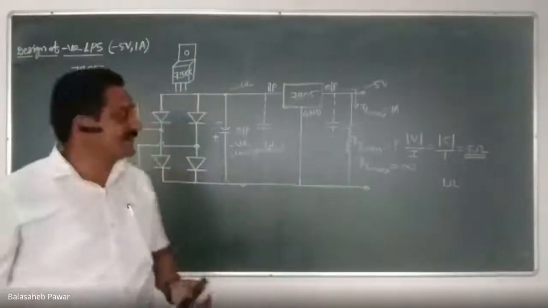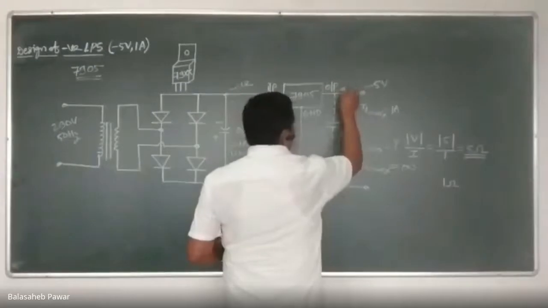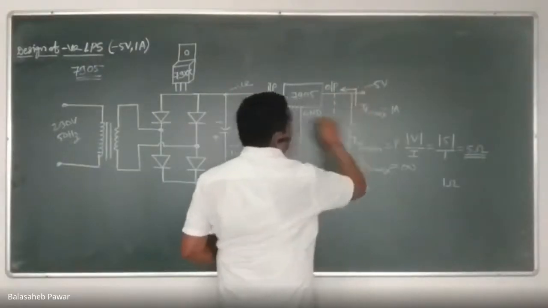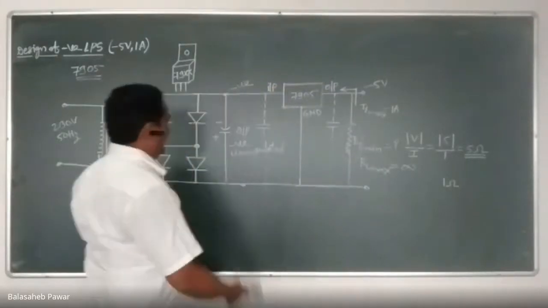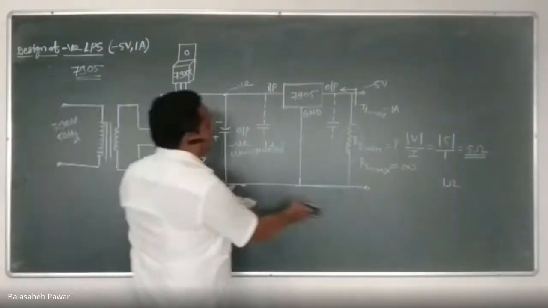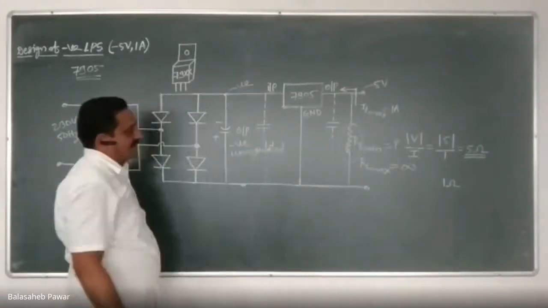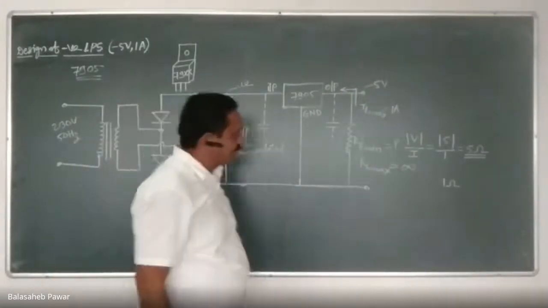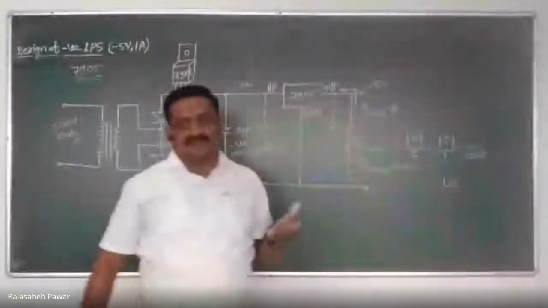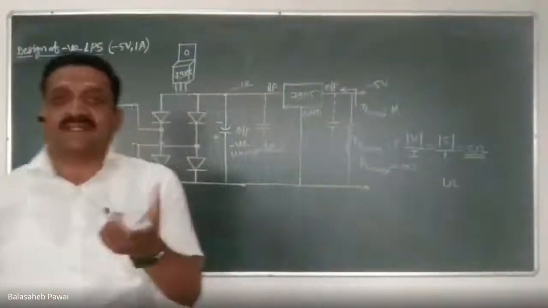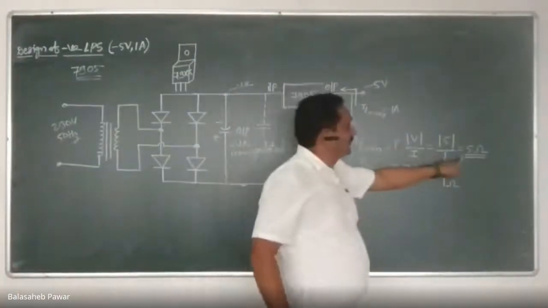Is it? The shown current direction will not be like this. It will be like this, as it is a negative power supply. In case of 7805, it will be from top to bottom. Okay. Here, ground will be more positive as compared to this terminal, and that's why it is written as minus 5 volts. Is it okay? Yes, sir. Are you getting the significance of this RL? How much should it be limited? Right now, it should be limited up to 5 ohm only.